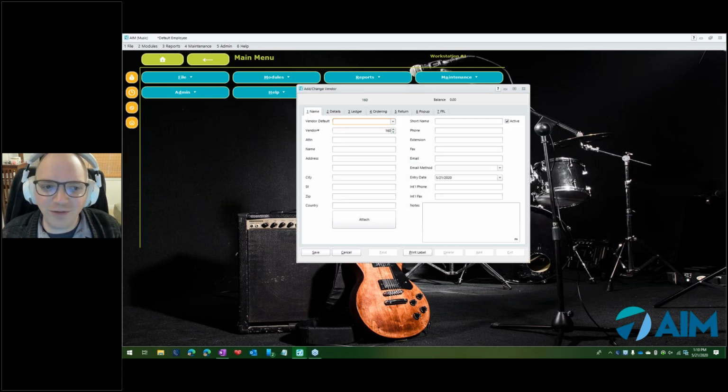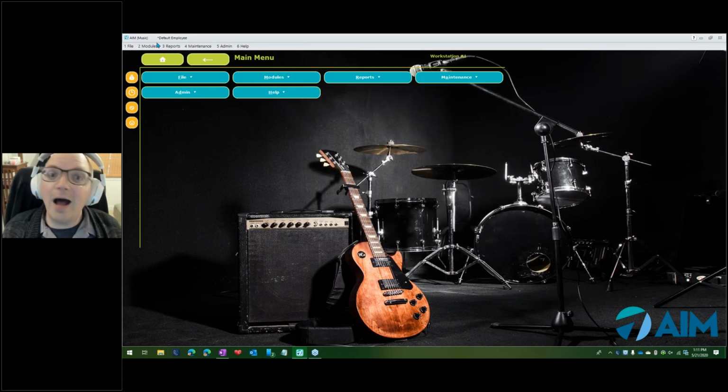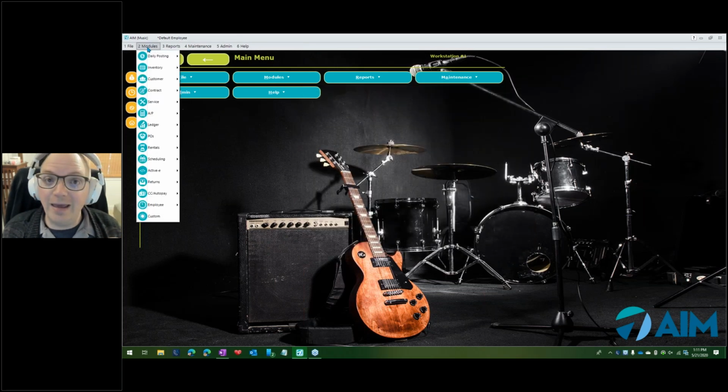Obviously, if you already have a vendor in your system for your credit card company, then you don't need to do this step. But for those of you who do, let's just say that this is American Express. And up in the short name here, I'm just going to put Amex, and we'll just save that. So basically now by giving them that credit card vendor default,